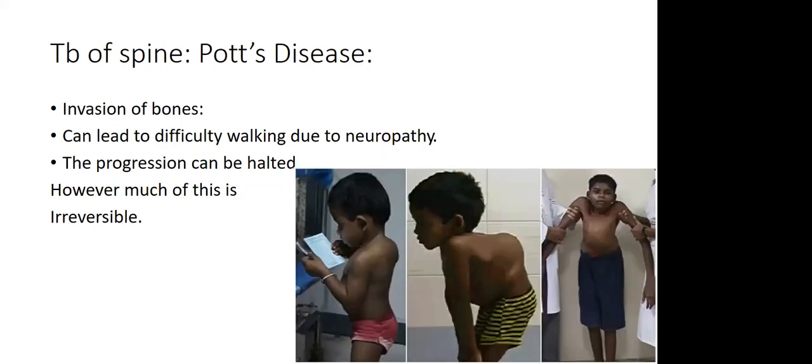Everyone can see this. Have you seen children in this condition? It's very sad when you see this. I've given you the answer already, it's Pott's disease. It's TB of the spine. And just be aware that some children will present in this condition, even though they may not have been treated anywhere. It's very common in the more rural areas.